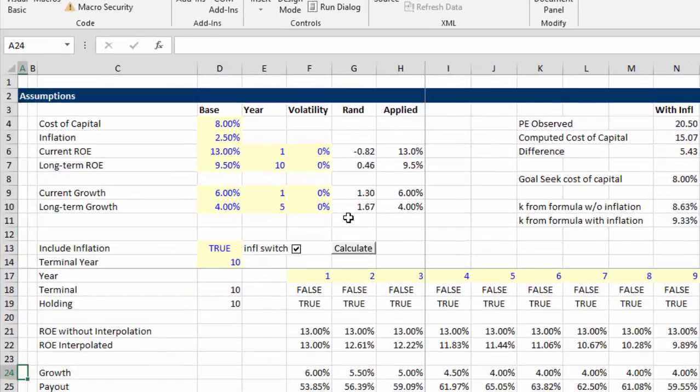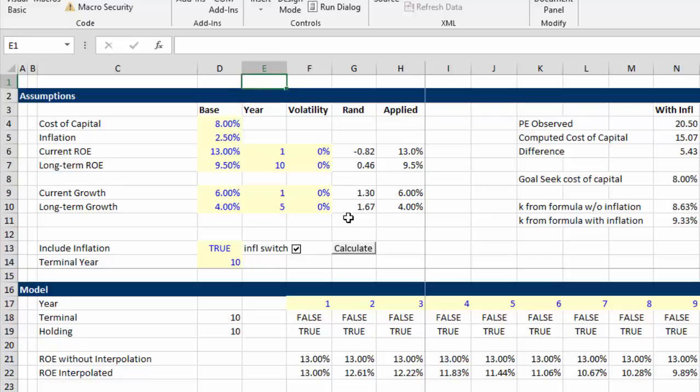The problem is that the real cost of capital we actually had in our model was 8%, but when we use this formula, either without inflation or with inflation, we don't get it. And we're going to have to use this model with changing